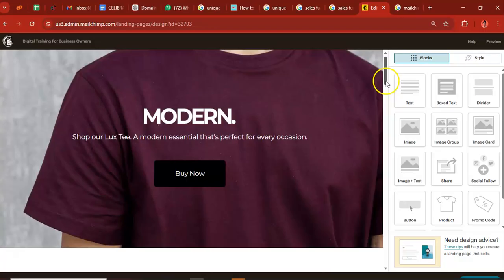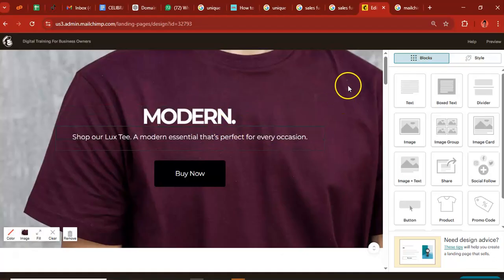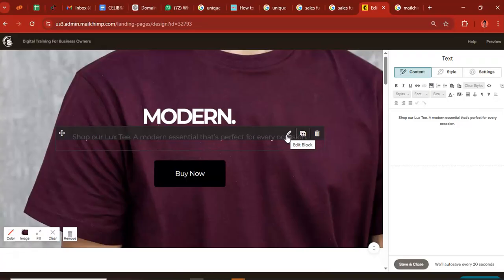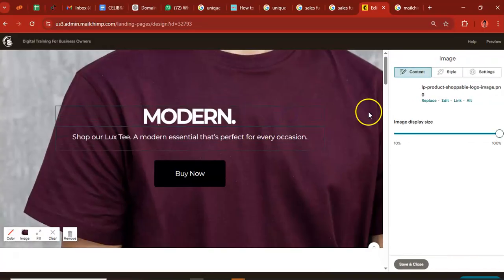Now remember when I was talking about your value proposition, I said that your value proposition should be on the headline of your website. So let's say, for example, our headline is, okay, so let's say a modern essential, like these people say, a modern essential that is perfect for every occasion. This is the value proposition for this particular brand. So let me change the name of the brand to